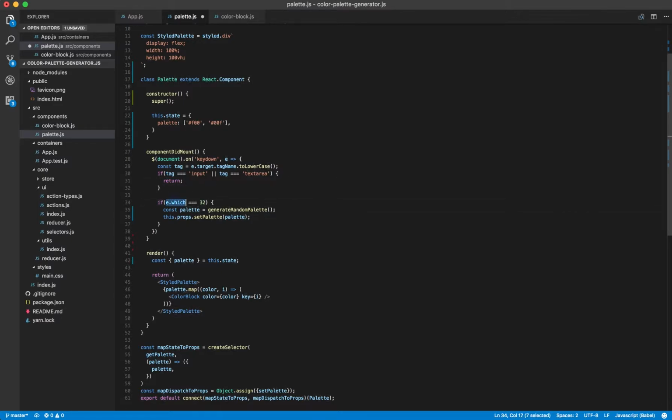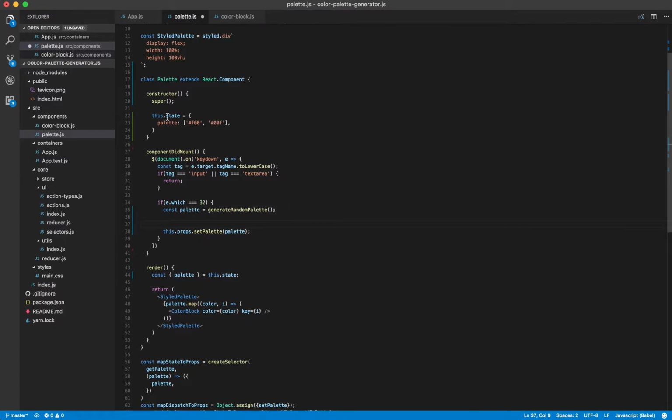And now e.which will tell us the key code for what got pressed. Well, the key code for spacebar is 32. So if the spacebar was pressed, then we're going to generate a random palette, and then we're doing this thing called this.props.setPalette. But notice right now how we're using the palette from the state. So what we could do is